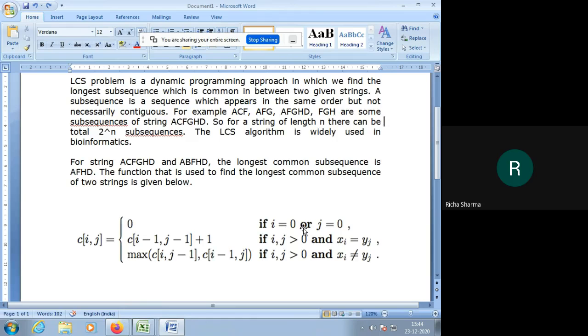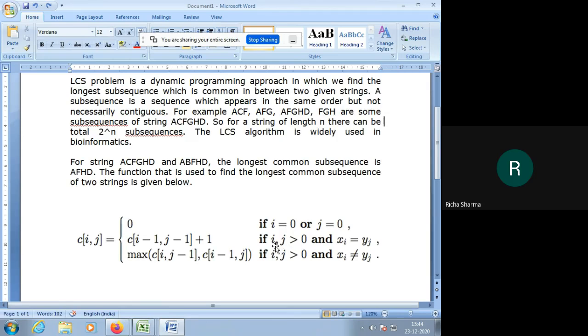If we have two strings, one named x and the other named y, and i and j represent the lengths of x and y, then if i is equal to 0 or j is equal to 0, meaning one of the strings has length 0, we will not get any longest common subsequence. So the cost matrix will contain all the values as 0.